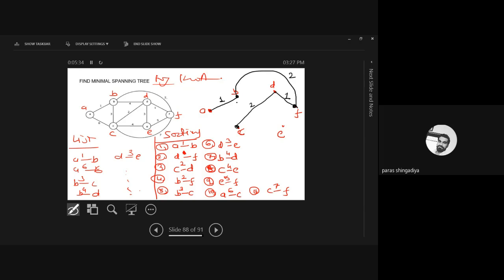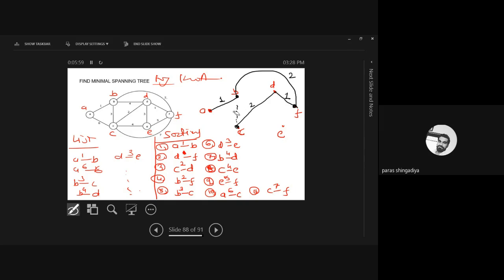Now for 3, that is B to C. If we connect here B and C, whose weight is 3, as per the sorted order this 3 is a minimum. But if we connect B and C, it creates one closed walk. You can easily see it here. By using these 3 vertices, we can make one closed walk. So we'll skip this edge from the graph. So B and C will skip.